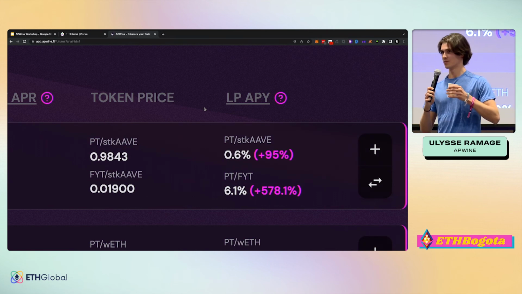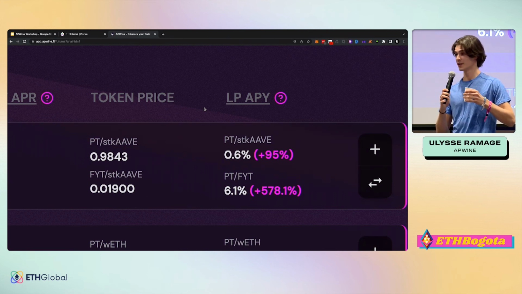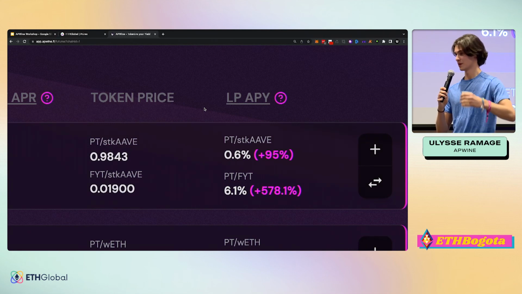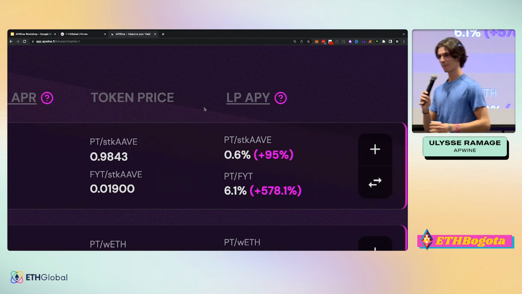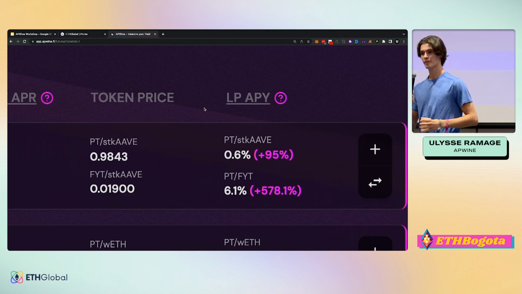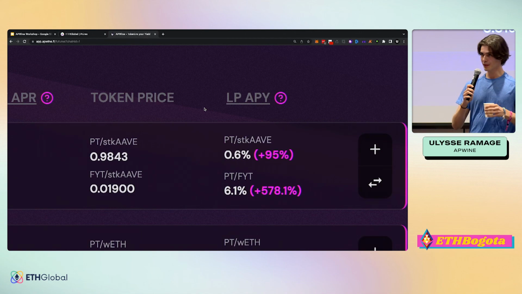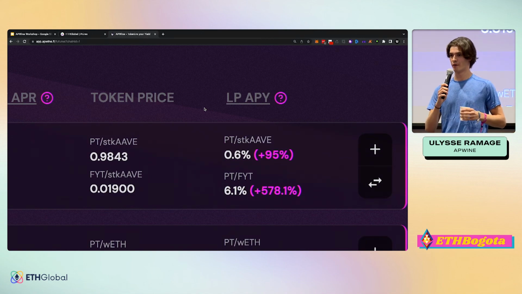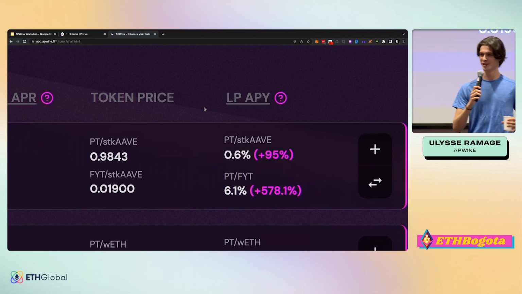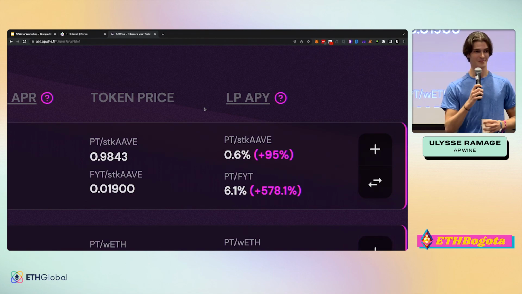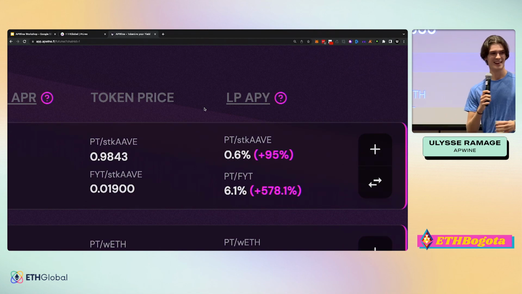So essentially, you would just tokenize and then sell your PT. It means the PT is above 1, so there's arbitrage to be made. Yes, you need to go on the APWine AMM though. Yeah, but same concept as SushiSwap or Uniswap or anything you're comfortable with already using. Yeah. Awesome. Thanks for the question. Anyone else?